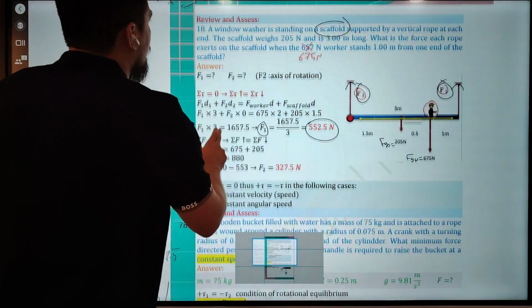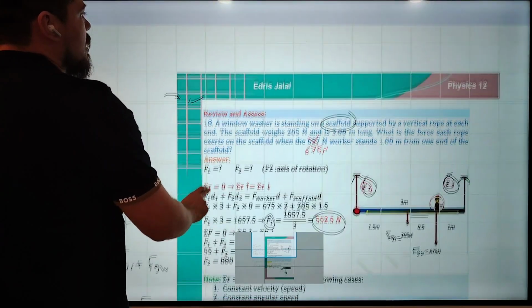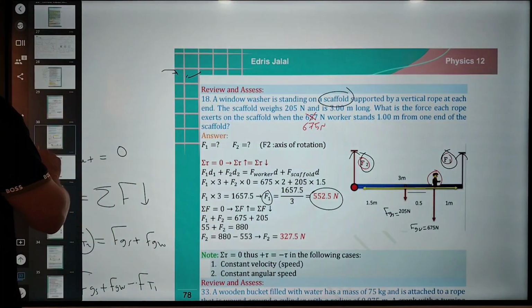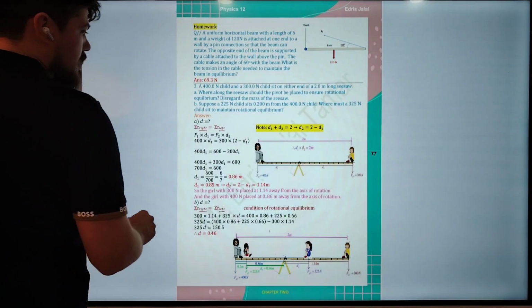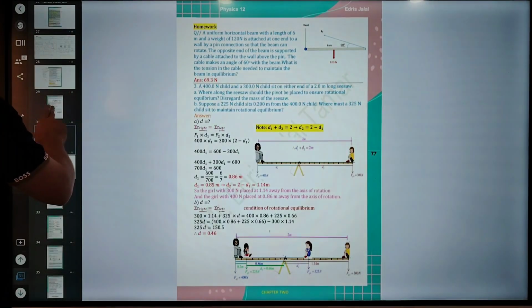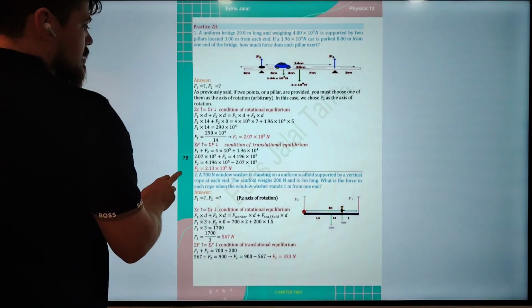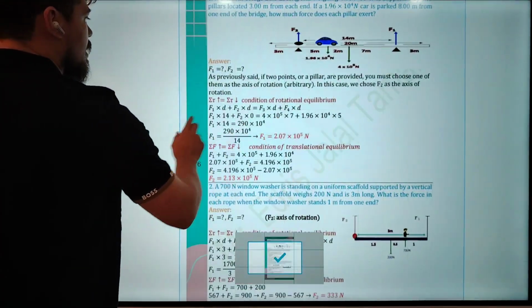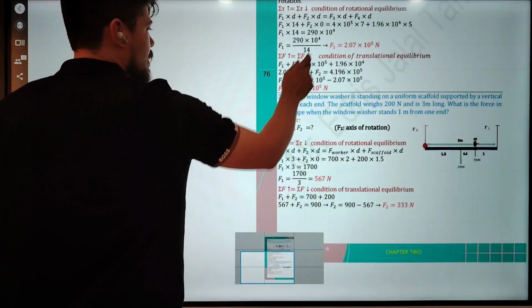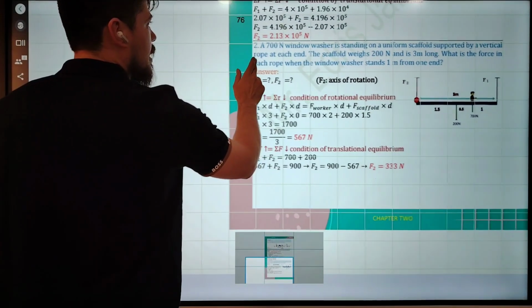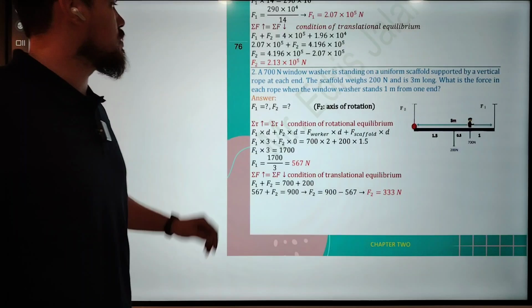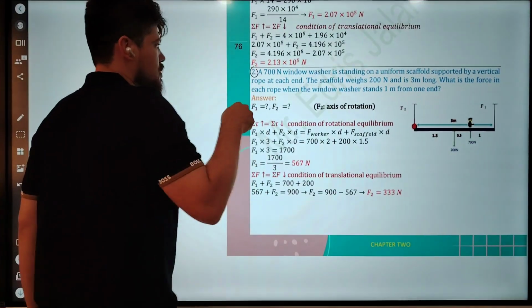Okay, we have another question. It looks like this question, question 18. I'm going to solve similar questions. Look at question 2 in practice 2B. Question 2 in practice 2B, okay? In question 2 we also have a window washer. So this question has been brought this year,